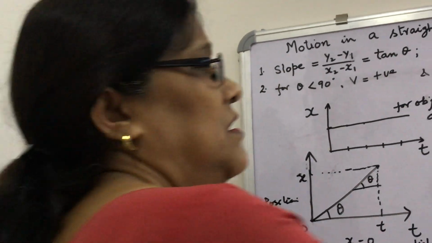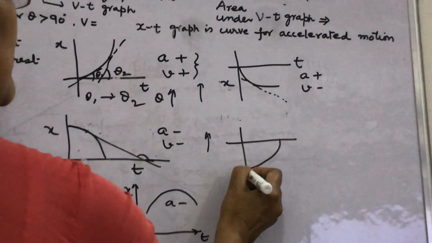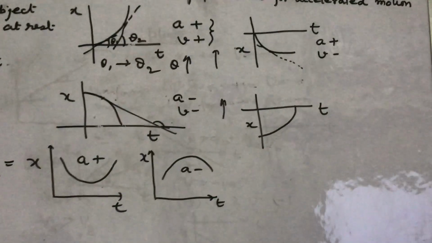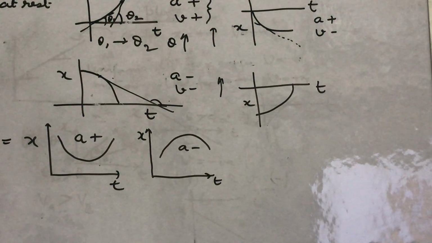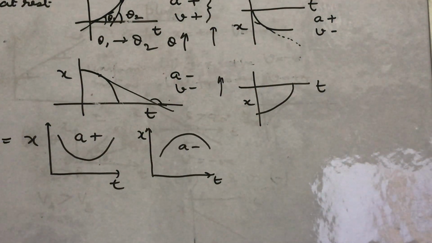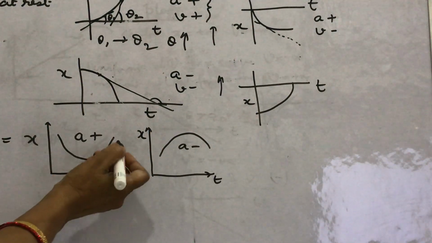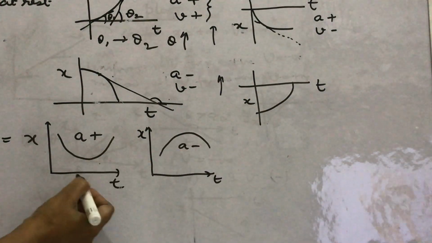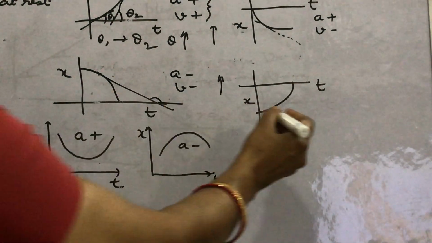Let us solve this one. Look, this is the xt graph. Suppose this is x and this is t. In this situation, I am giving you a few seconds, comment what will be the sign of A, what will be the sign of V, how will you find? Look, I think you will be able to solve. This portion, is it or not? So, what is the A sign? Acceleration sign? Positive.